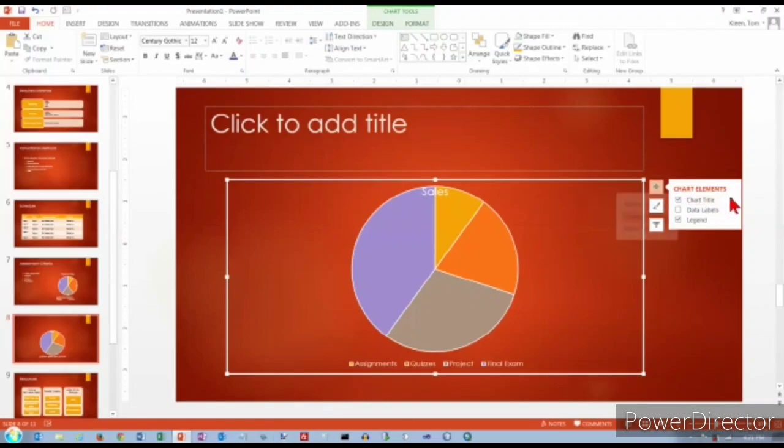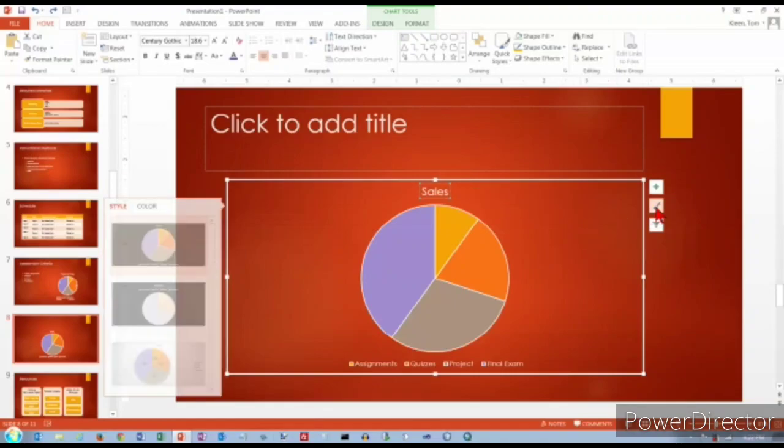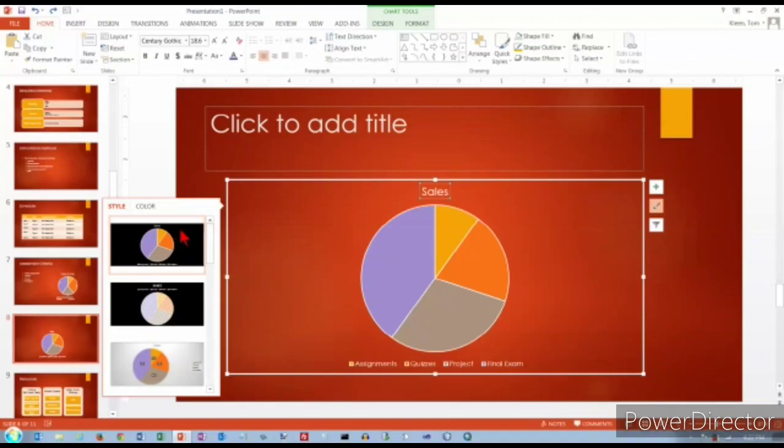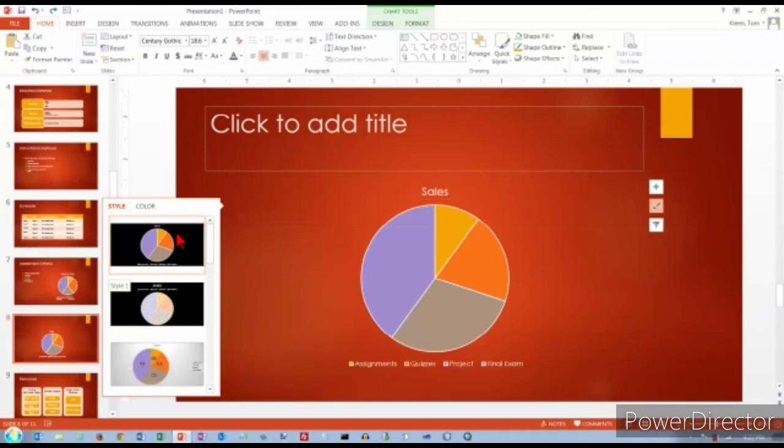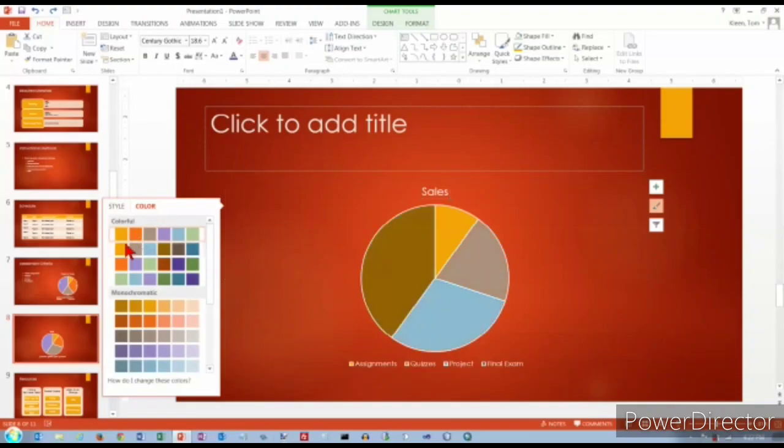Second one is to change the chart style. Instead of selecting from the Design tab Chart Styles group, you can use this shortcut key. The third shortcut button is used to filter the chart data. To filter chart data, we can use this button. If we want to edit or rearrange or add any data in your spreadsheet, we can use this button.